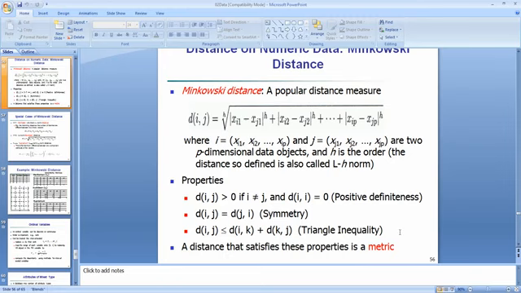The distance that satisfies these properties is a metric. See, in Minkowski distance, these are the three properties. Okay. Now, these three properties should be satisfied. We'll see later on this